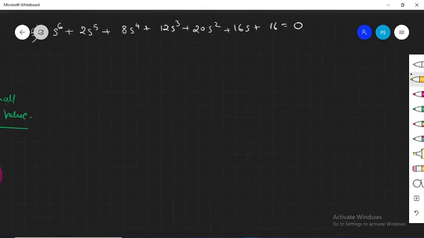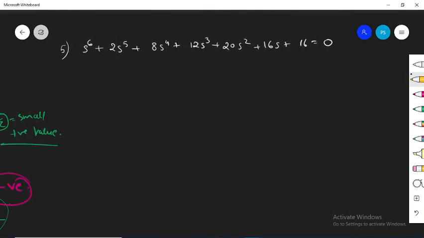Now let's look into another case that may arise. Here you can see this is the expression. Again you have to form the Routh array, and there is a condition that might occur which can lead to problems, where you cannot actually form the Routh array. So what to do with it? First of all, begin by forming the Routh array. It's s to the power 6, so the first column will be s to the power 6, s to the power 5, s to the power 4, s cube, s square, s to the power 1, s to the power 0.